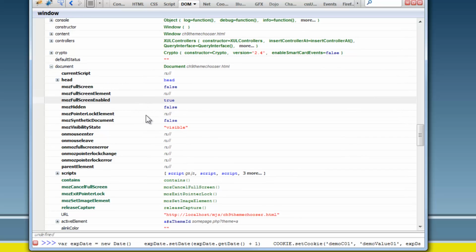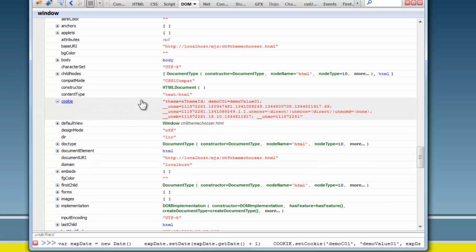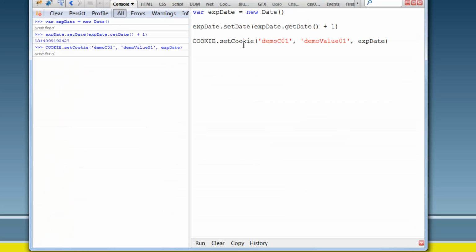So if I go into the document, and luckily they're in alphabetical order, and go down here to cookie, here's a whole bunch of cookies, but here's my theme equal a theme ID, and demo CO1 equal demo value 01. And that's the format that it's in, and that's why when we want to extract just this a theme ID, we have to go through. We're going to get this whole value as part of the array, but we only want to extract after the equal sign. So there is manually using our cookie guy to create a cookie, and let's go ahead and delete that cookie,